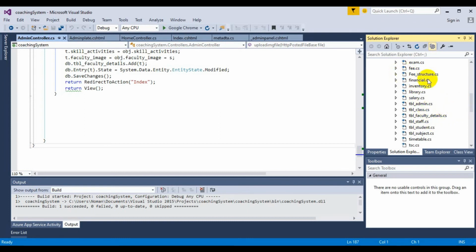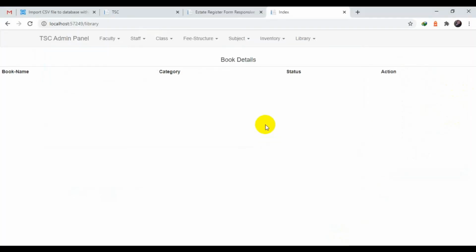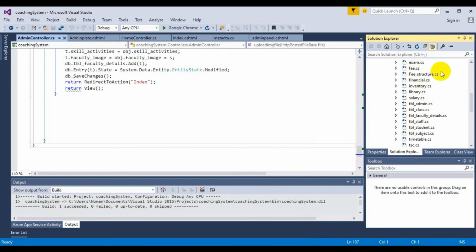Just like that we have fees structure, fees and exam. As you can see, we have the following tables, and I will tell you that staff, faculties, classes, fees structure and subjects, we have done all the things with the backend database, and the required things are available, I am showing in those particular tables. Okay, in which we have the remaining exams, I have remaining fees, financial, and I have remaining the students, I have remaining the salaries table. The remaining work is required to be done.